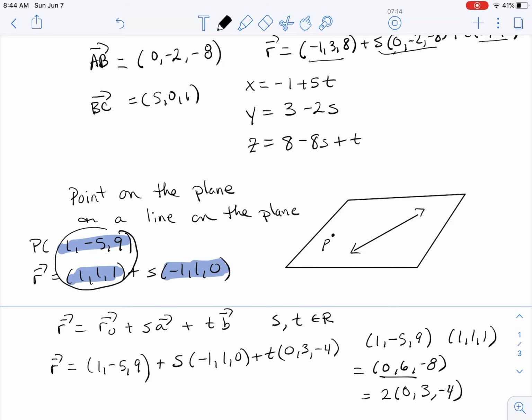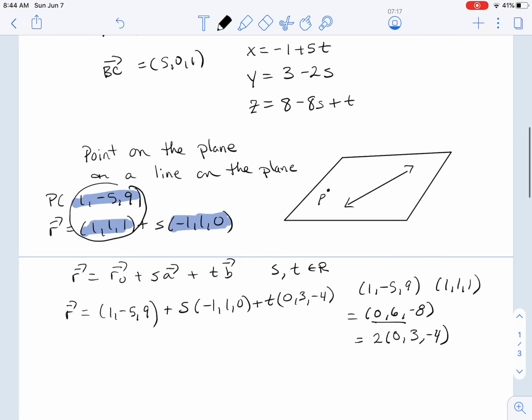And you need to be aware of those situations or else you're never going to internalize the concept of parallel vectors. If you didn't want to factor that, that's fine too. You could have just used (0, 6, -8). But again, infinitely many possibilities. So that is how you generate the vector and parametric equations of a plane in